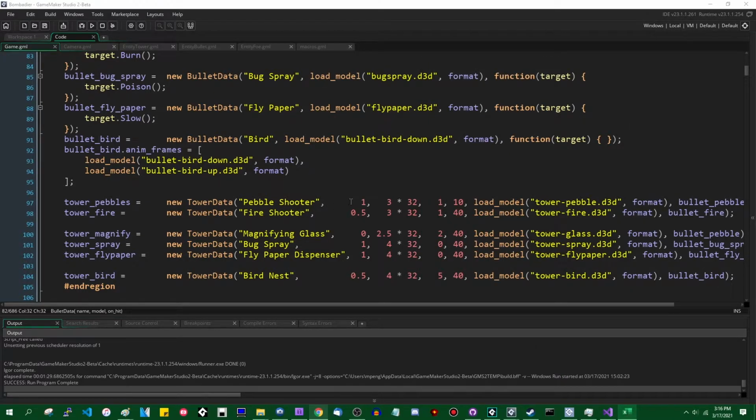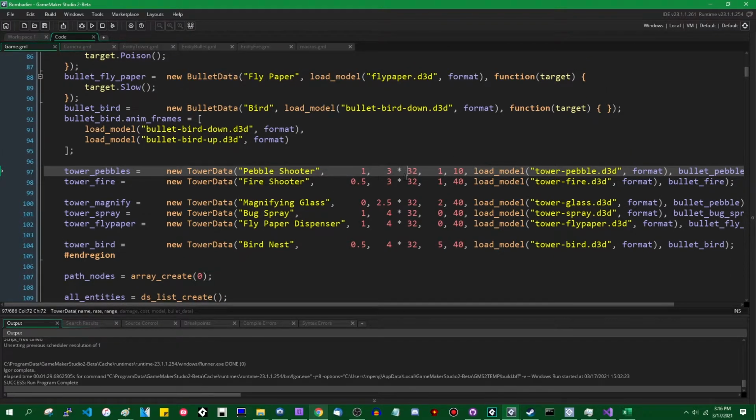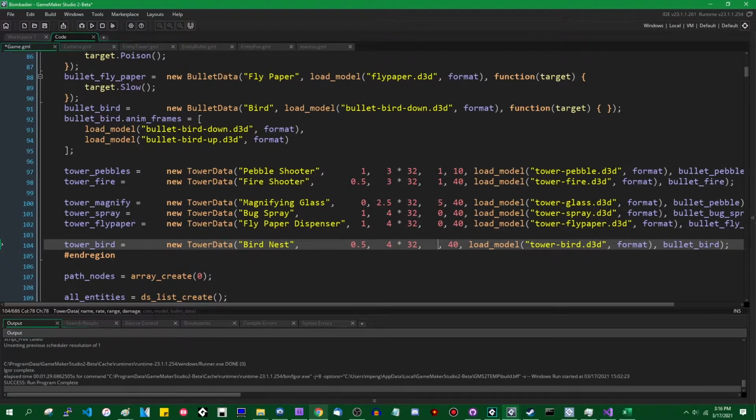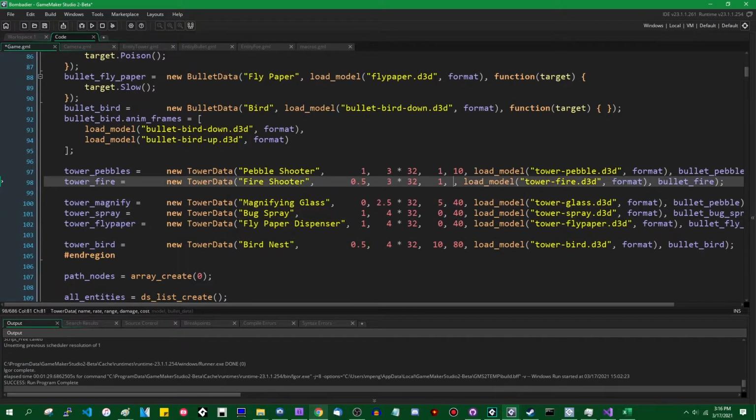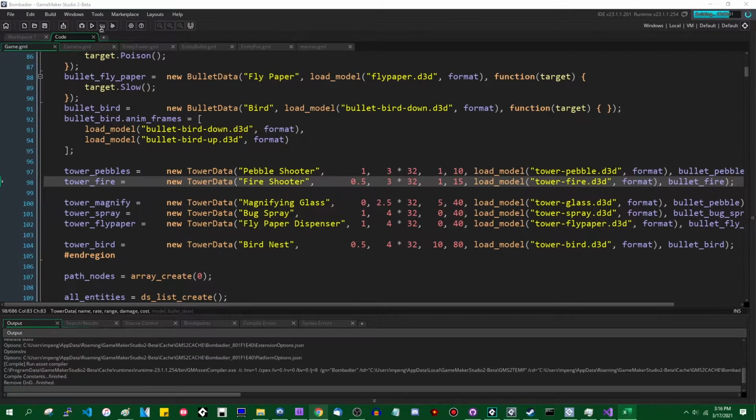Again, give me a moment to plug these numbers back in. I didn't change any fire rates. I don't think I changed any ranges, actually, either. Damage, magnifying glass went up by a lot. Bird tower went up also by a lot. Cost of bird tower went up. And the cost of fire tower went down. That was not quite as many adjustments as I made to the enemies. And we'll see what... No, wait. Before I run that...